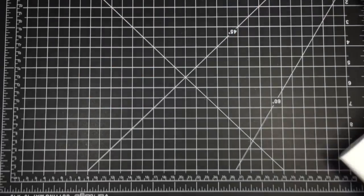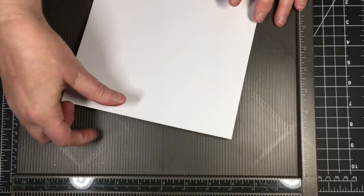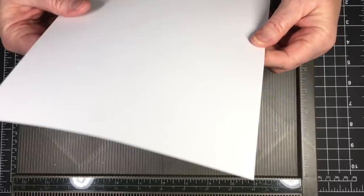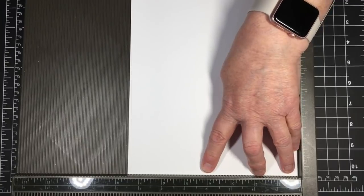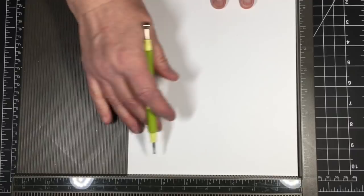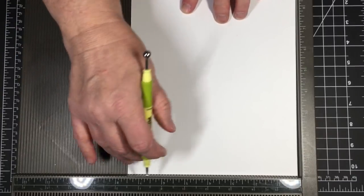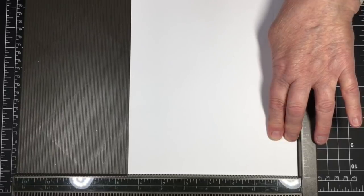Let's get started. First, you're going to start off with a piece of heavy-duty cardstock. You want a thick cardstock. This is a 110-pound cardstock, and it measures 7.5 by 10. And we're going to score this on the 7.5 inch side. Let me check just to make sure. Yeah, on the 7.5 inch side, we're going to score it at 1 inch, 2 inches,